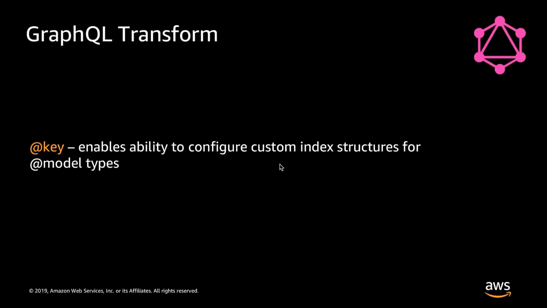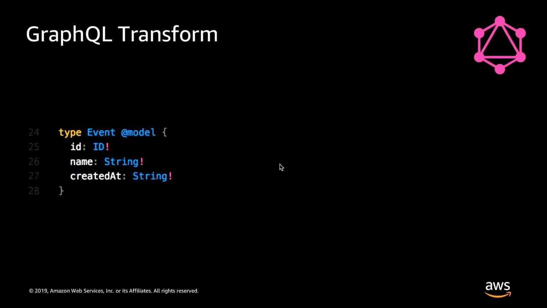@key. And @key is something we recently added that enables the ability to configure a custom index structure for your @model types. So if you've created your database using @model and you want to specify things like the hash key, you want to specify things like a certain way that you want to have a sort key or anything like that, or maybe you want to specify a global secondary index for you to query against, you can do all of this with @key. And the way that you might do that, let's say we have an event type, and